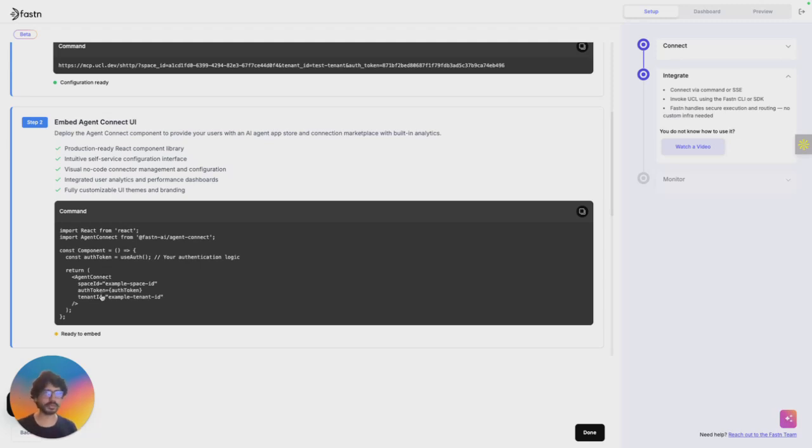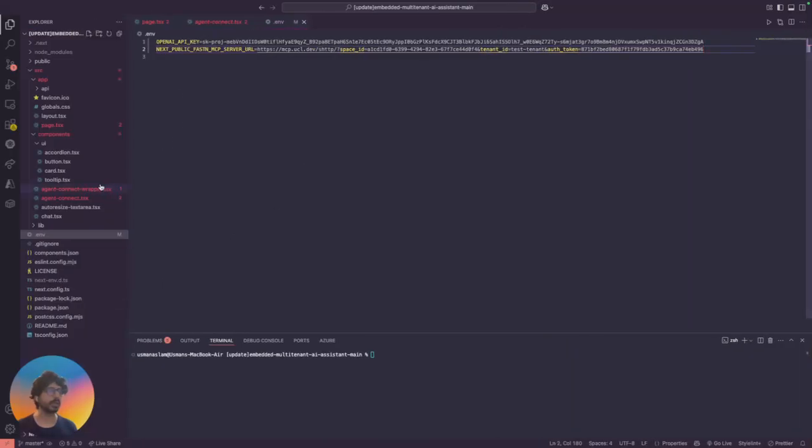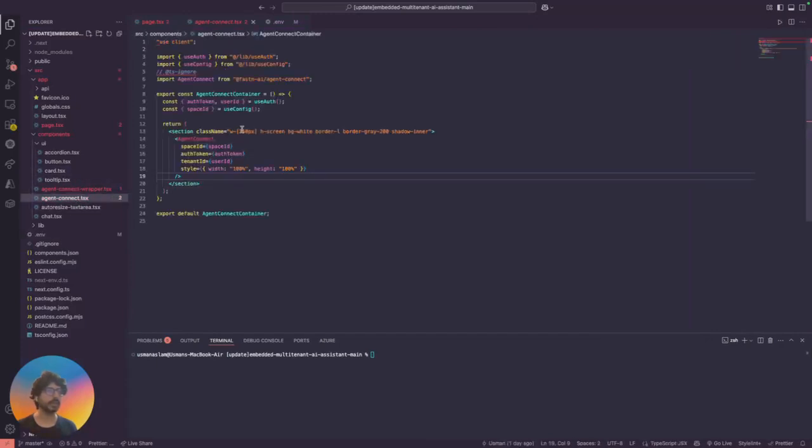For the sake of this tutorial, if I head over to Agent Connect, you'll see that I've already placed in the Agent Connect UI. But I've customized this according to what the demo application will be like, so that it can easily blend in, and you can do that exactly as well. One thing I'll mention is that